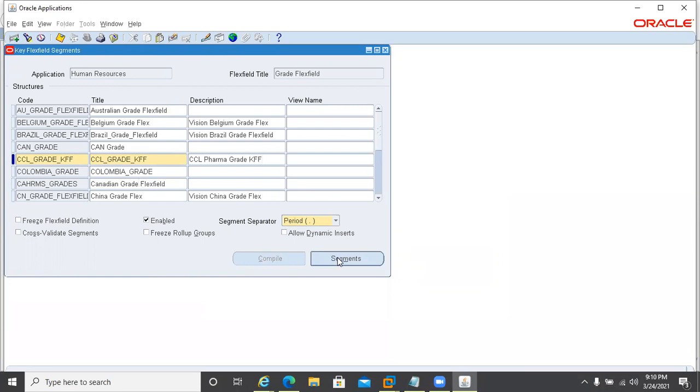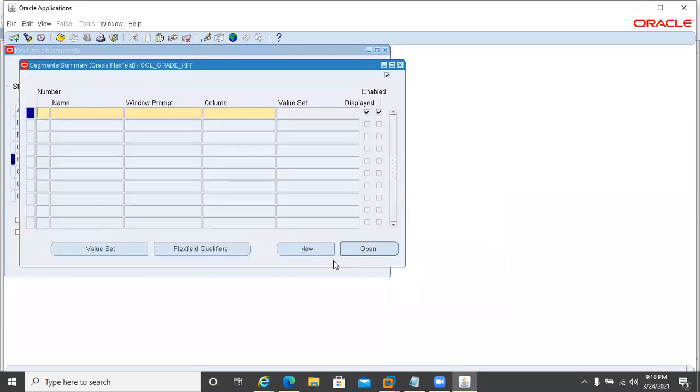Now I'm going into the segment section. I click on the segment button. Now what I will do, I have to create the grade name. Most of the time a grade has only one segment, because you can say grade number or grade name. Okay, so we will use the grade name,